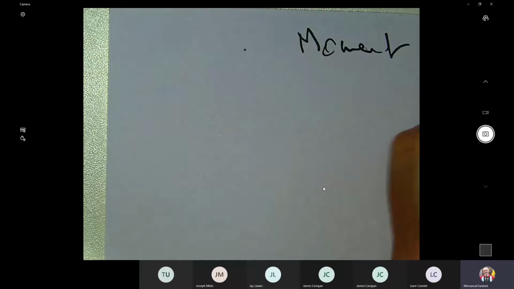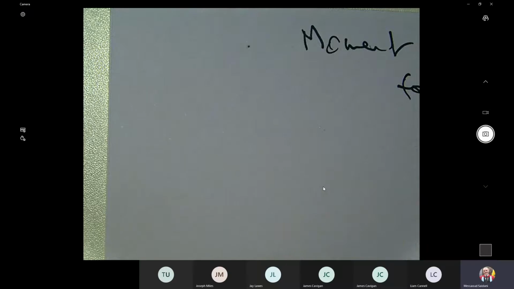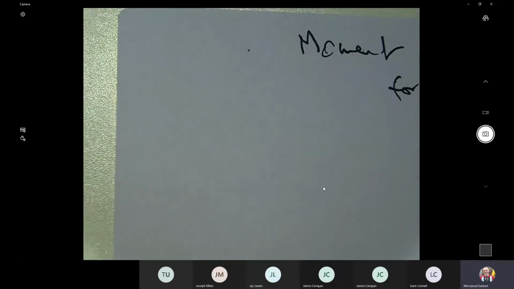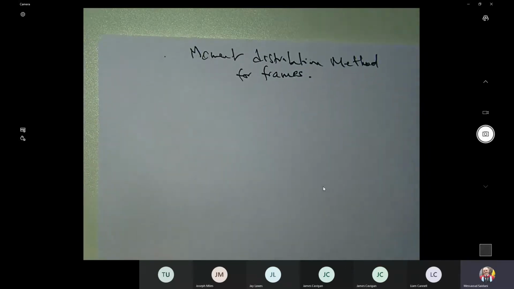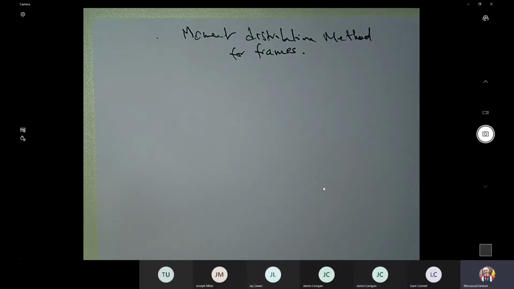So, bending moment, moment distribution method for frames. Okay. The only thing I would like to say here is that the frames we are going to analyze are non-sway,